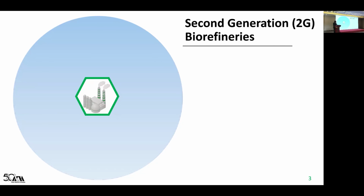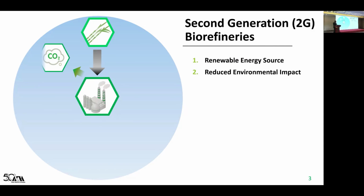Here, I'm going to show some key issues on this topic. Renewable energy source: bioethanol is produced from non-food raw materials. The use of non-food raw materials contributes to the overall sustainability of the bioethanol production process and reduces environmental impact. Process intensification involves optimizing and utilizing the production process to improve efficiency and minimize resource consumption. Efficiency improvements: process intensification techniques such as advanced reactor design, improved catalysts, and improved process control can significantly increase the overall efficiency of